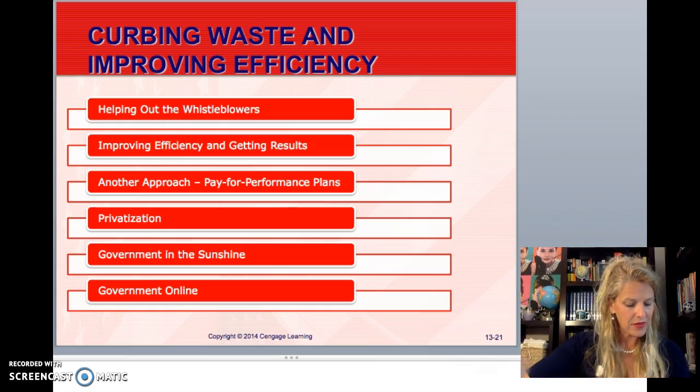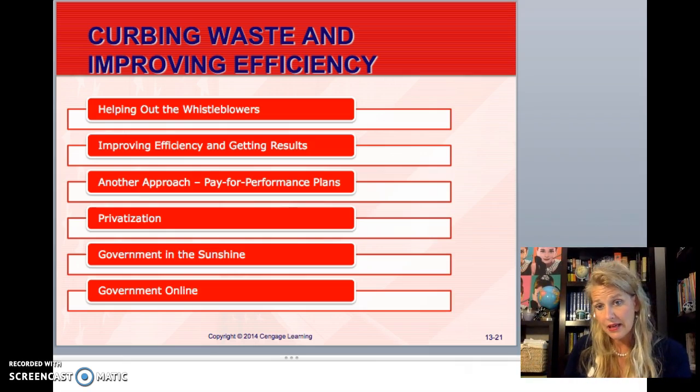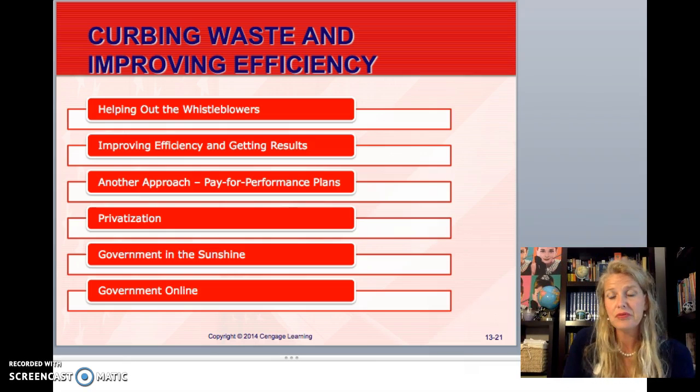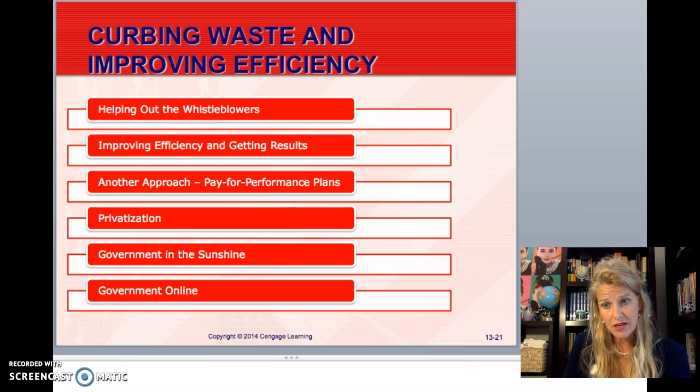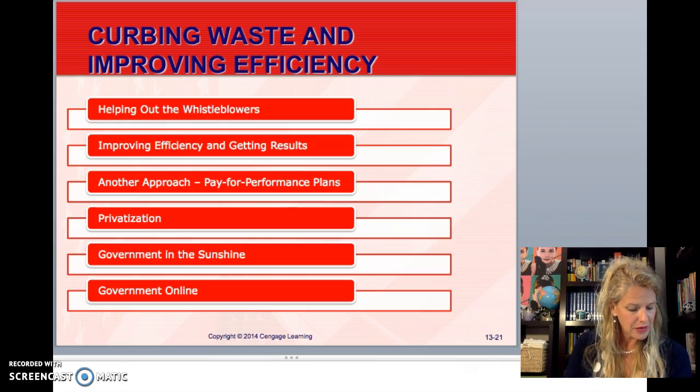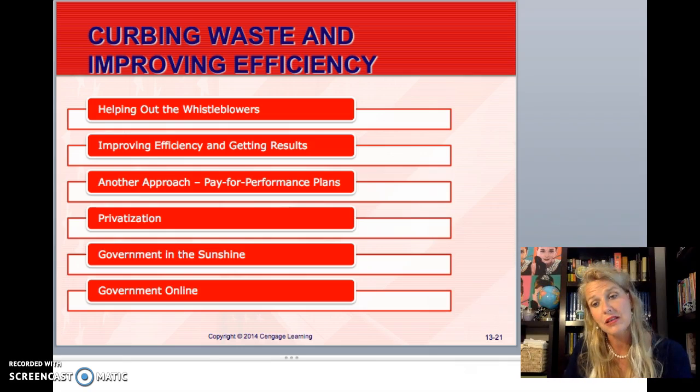There is no doubt that our bureaucracy is costly, okay, and the more it can be improved, the lower the cost for taxpayers. First term you have is helping out the whistleblowers. In the context of government employment, someone who blows the whistle is someone who reports to authorities or the press on a gross governmental inefficiency, illegal action, and/or wrongdoing. You have to protect those people or you're not going to hear what's being abused.